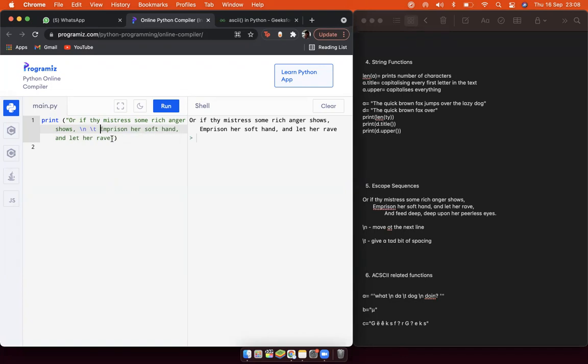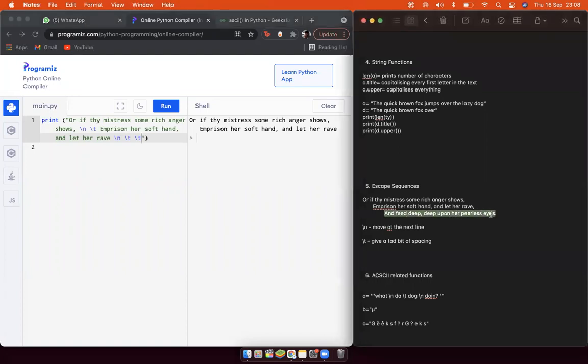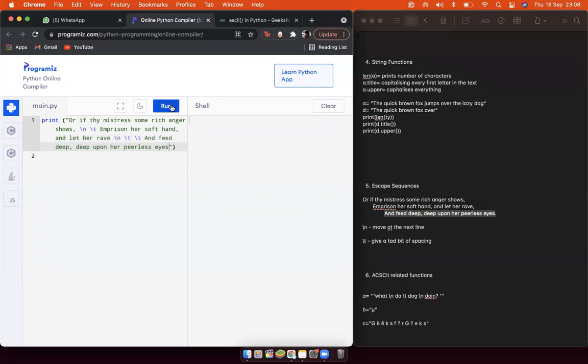All right, making sense, everyone? Yes, it is. Okay, next line, do the same thing, but this time they're asking for a little bit more spacing. So you go one line down, add a t, add another t, and then copy the line, and feed deep, deep on her peerless heights. So print that.